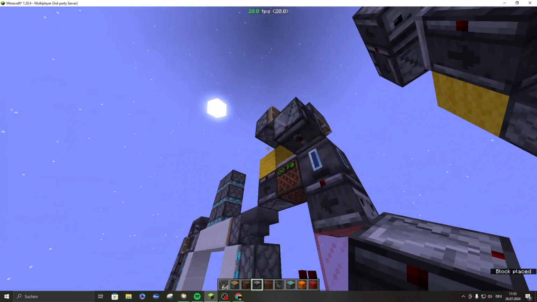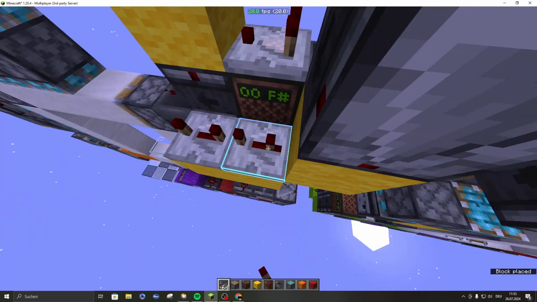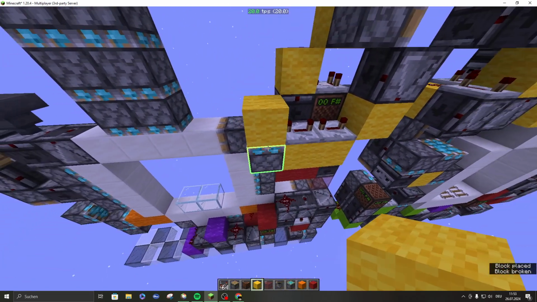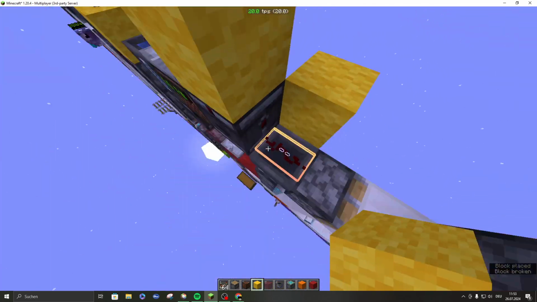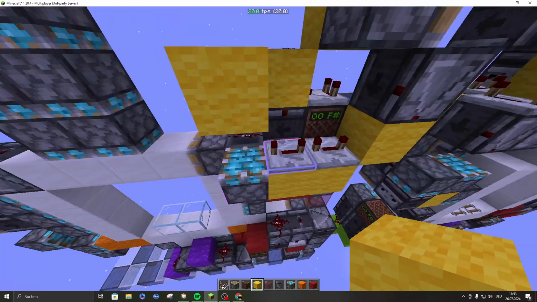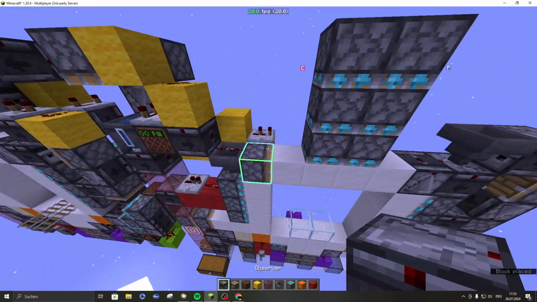So yeah, that is a bit weird, because we have a piston right here going down this block, and then we have 2 blocks with 4 repeaters, and then right here, and that is why this needs to be a transparent block, because otherwise that would just one tick this up and render this useless. We have this, and then we have a 2-tick repeater right here, and then we have an observer reading